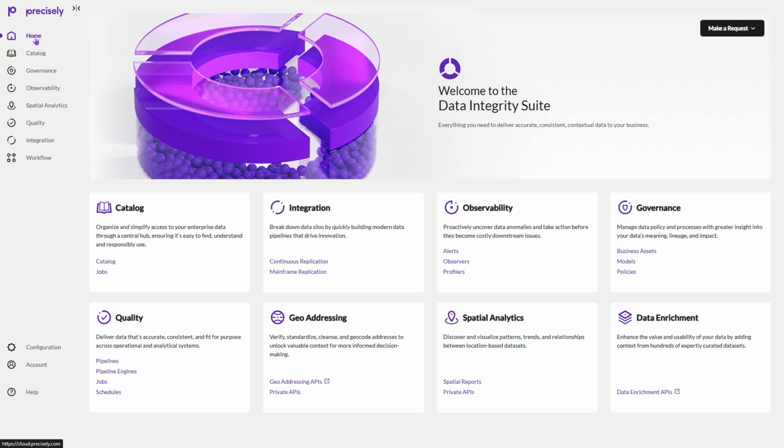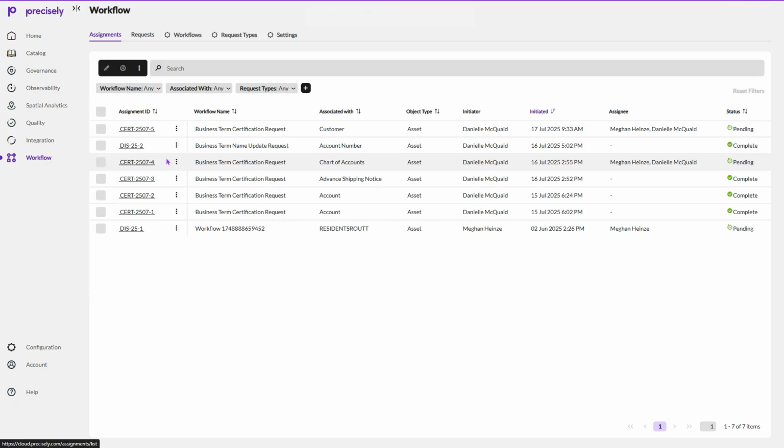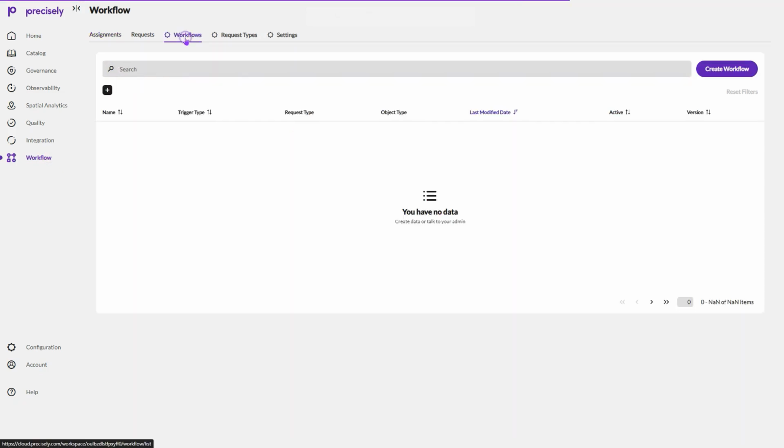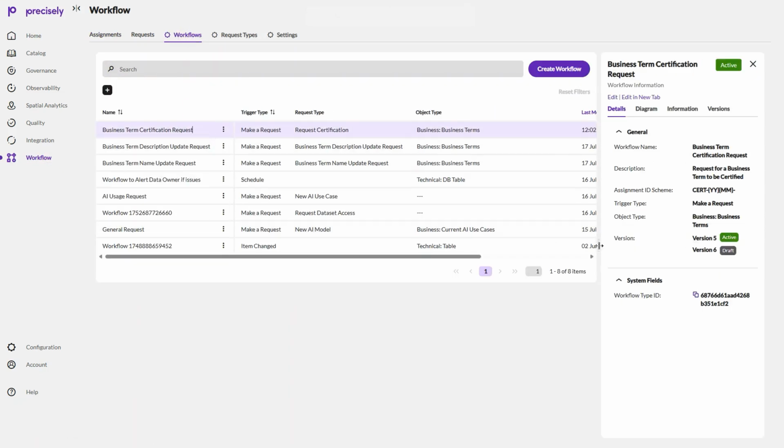Once the metadata is in, I can start profiling, tagging, scoring it, and using it to drive better decisions across my data pipelines. The next thing I want to do here is use workflow management to support both data flow and business process modeling. So as a data engineer, I'm always thinking about how data moves, but I also need to understand the processes that depend on that data. So in this case, I'm going to look at a business process modeled as a workflow here,